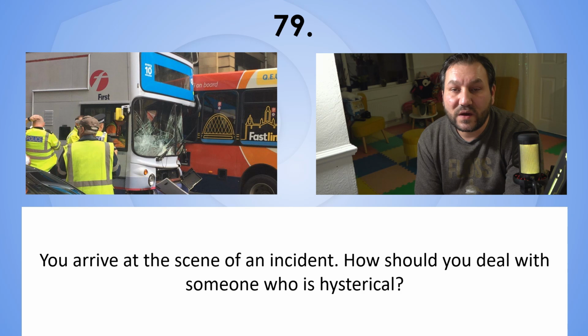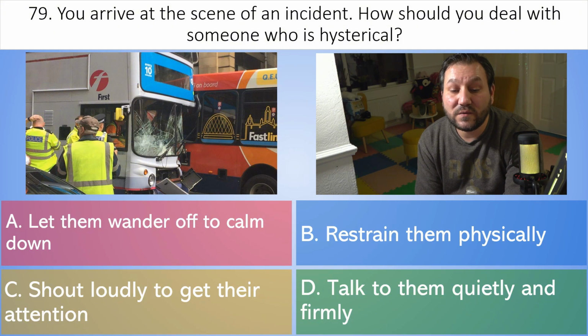79. You arrive at the scene of an incident. How should you deal with someone who is hysterical? A. Let them wander off to calm down. B. Restrain them physically. C. Shout loudly to get their attention. Or D. Talk to them quietly and firmly. And the correct answer is